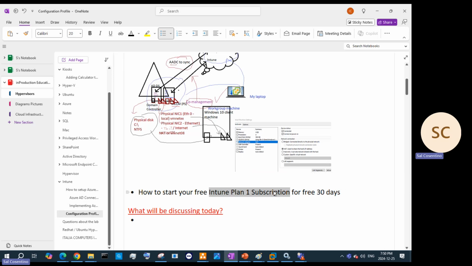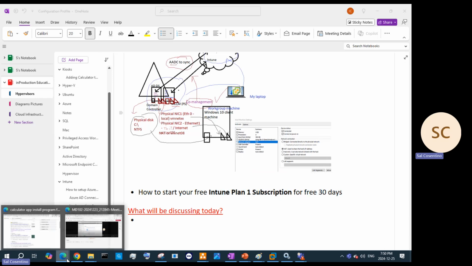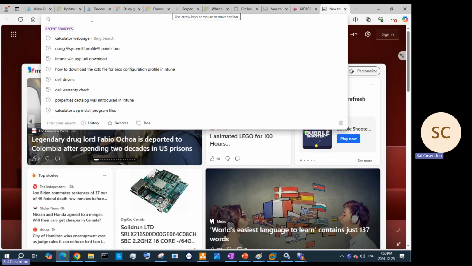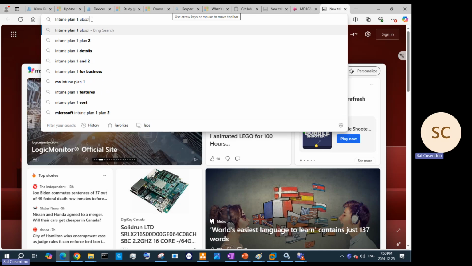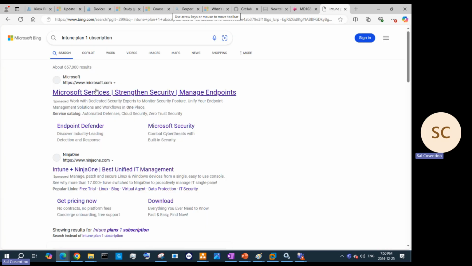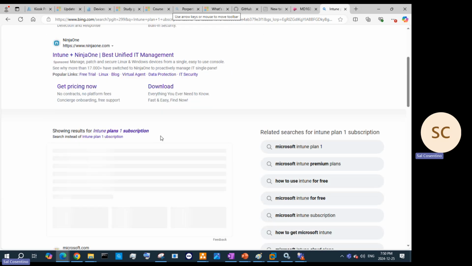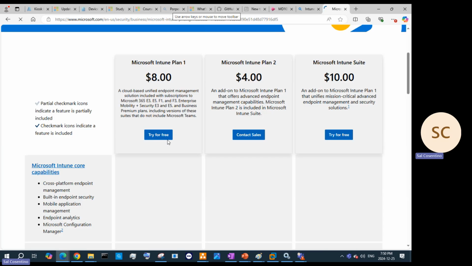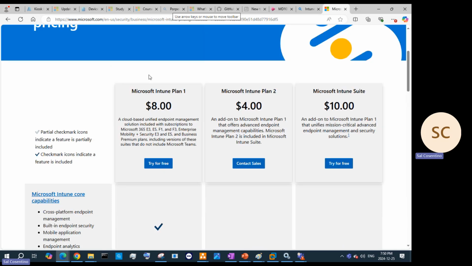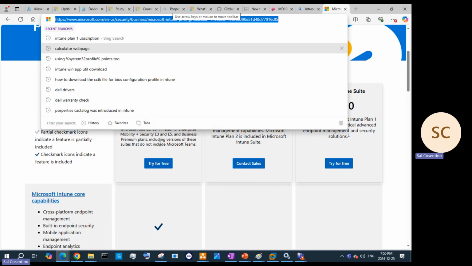So you just again go to your trusty internet, open up a new web page and type in Intune Plan 1 subscription. Again, it's totally up to you. Right. Plans and licensing. Click on that. So these are the different plans, again, across platforms, built-ins, right? So you can try this for free, and I'll give you the link on that. You just click on the link